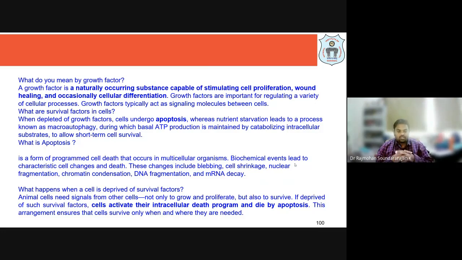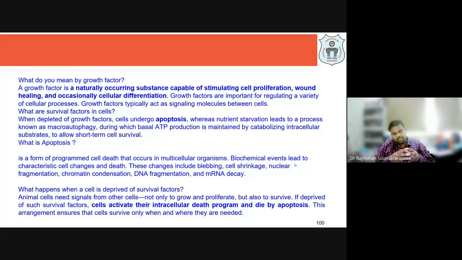They are like programmed cells. If this is the condition, I am going to commit suicide. So these cells will undergo death once a particular signal is received from the environment, or changes in the environment. They come to know that this is not the right time, so they let go. Like that, cells will die. That's called apoptosis.